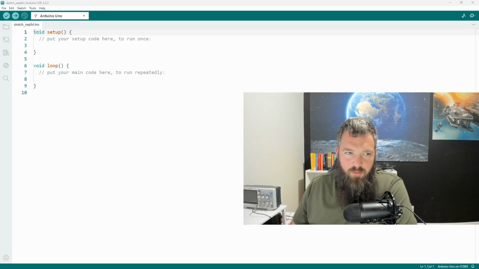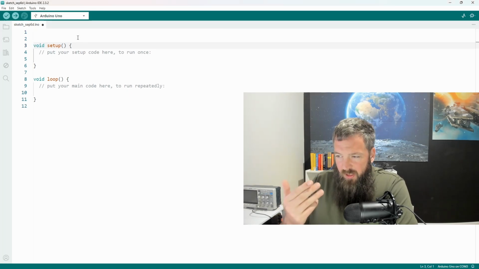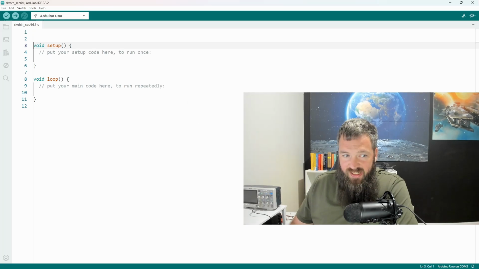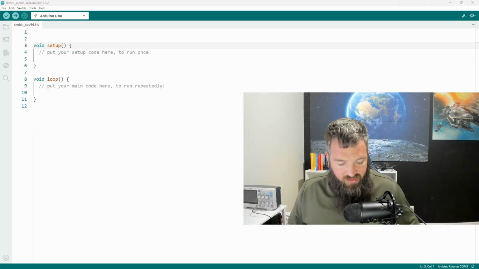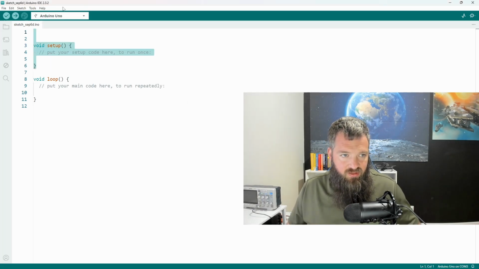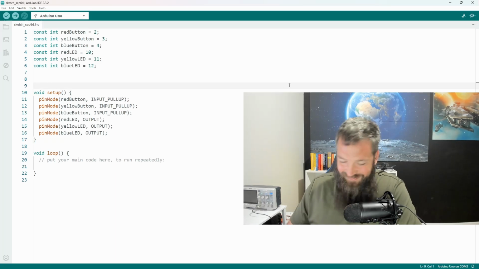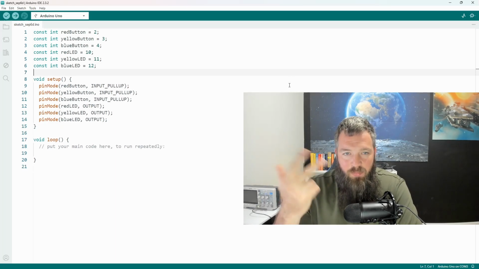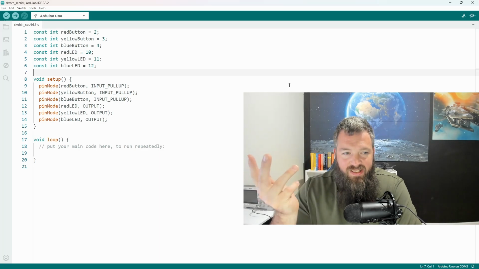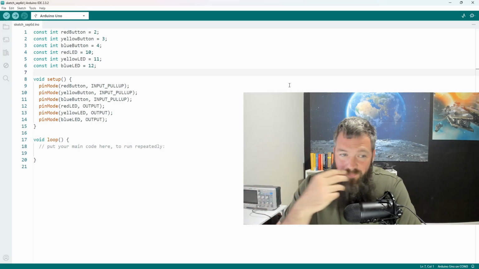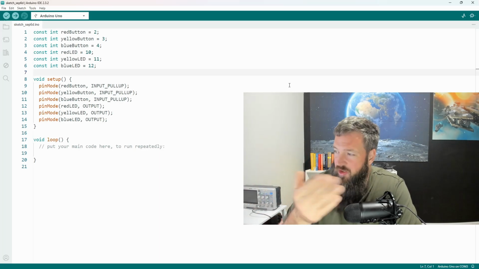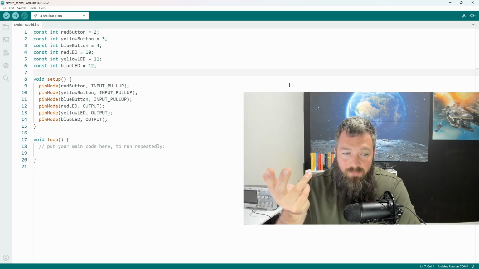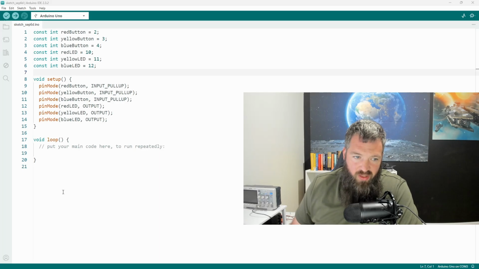All right, let's do a quick setup. Now, I've already walked you through this setup. I'm going to just go ahead and copy and paste most of this stuff in there. And like magic, there it is. Now we have red, yellow, and blue buttons. We have our red LED, yellow LED, and blue LED. I assign those to those pins that are shown on the screen. And then finally, we have to set these up with our pin mode. All right, in our void loop setup,